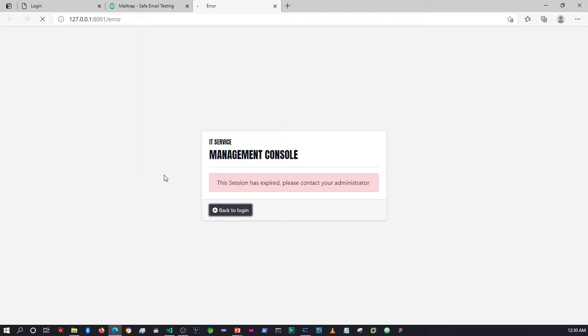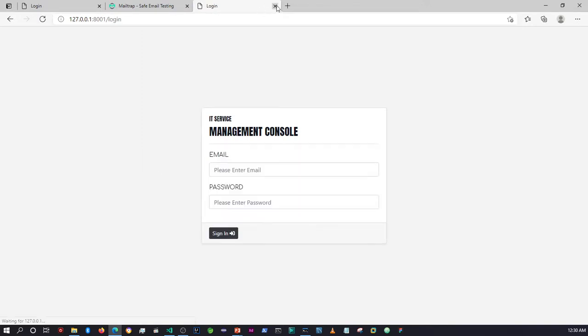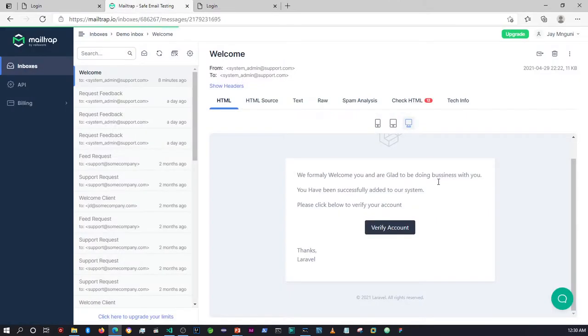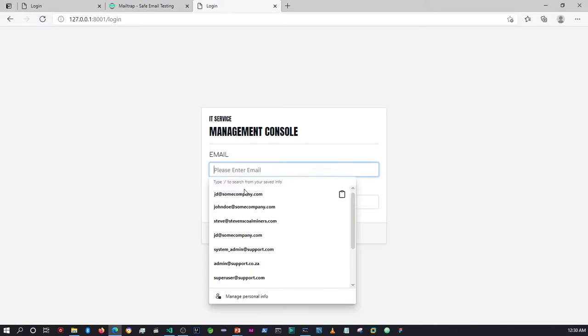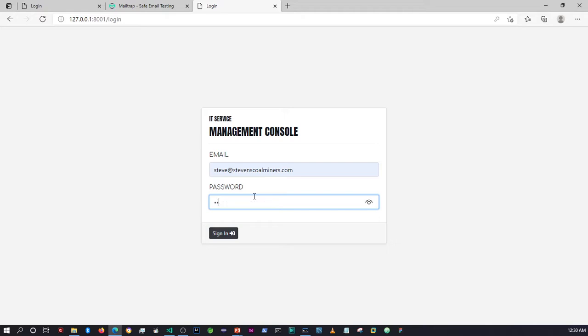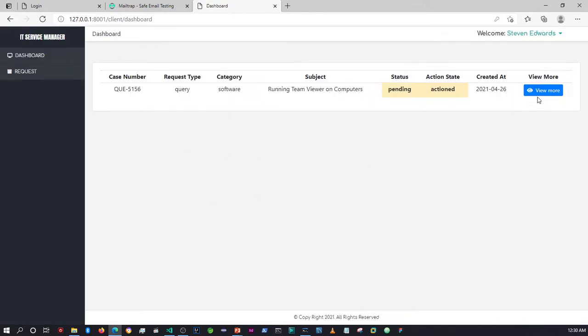The other email functionality we needed to set up was for when the user inserts a request. So when the user creates a request, by the way, did I show you? Oh yeah, so this is just the message, by the way. So now when the user logs in, I'm just going to log in as Stephen Cole, the user that we've been working with. Just loading in there. Okay, so now what we need to do is